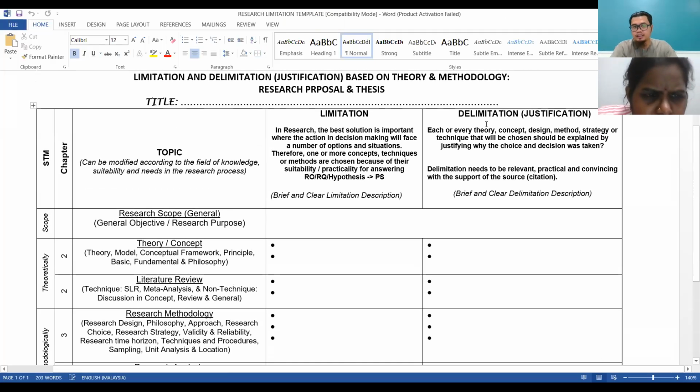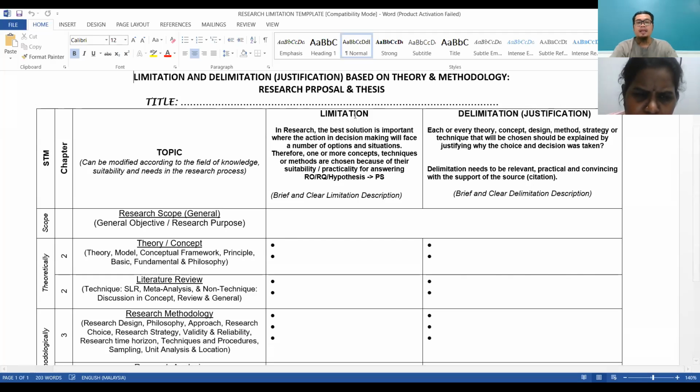Regarding delimitations, yes, you can come up with anything related to your research limitation, but you need to answer with your delimitation or justification. For example, you mention your research study only uses the resource-based view, RBV. Why the resource-based view? You need to put the reason here. That's why this is the justification. Whatever limitation you mention, you need to prove it in the justification. Why do you use only one theory? You need to give the justification. For example, in your literature review, you highlight that it is very difficult to find previous studies that used that approach or that topic. Why? This is your justification.